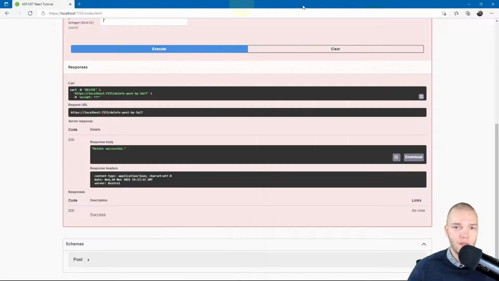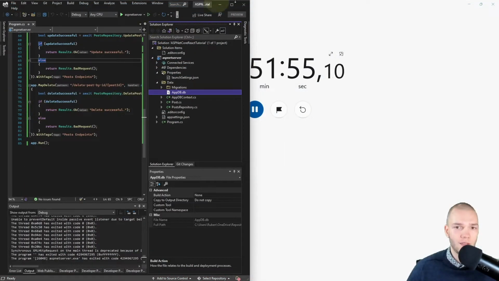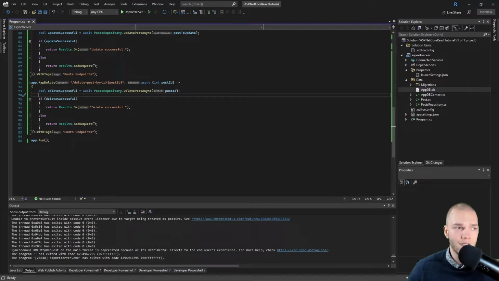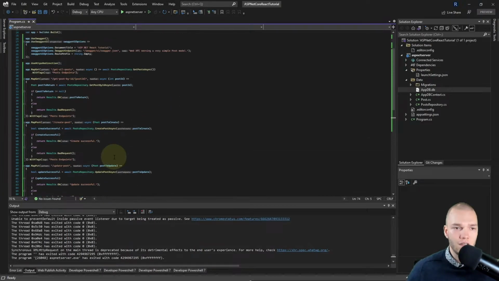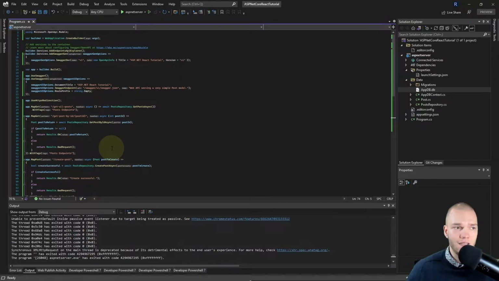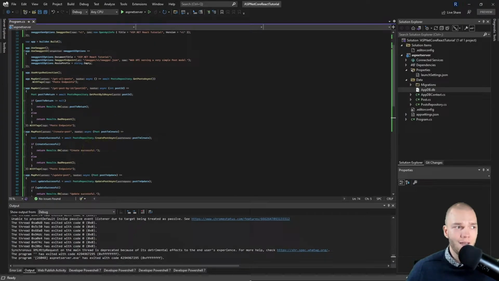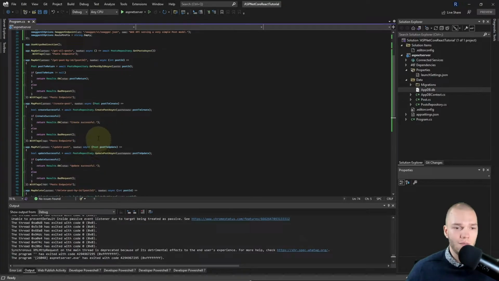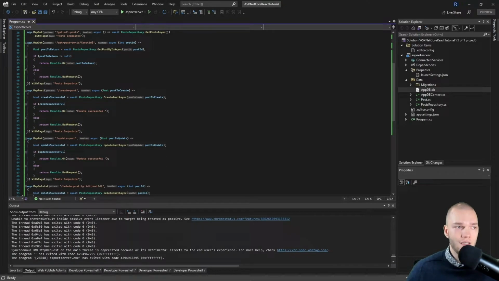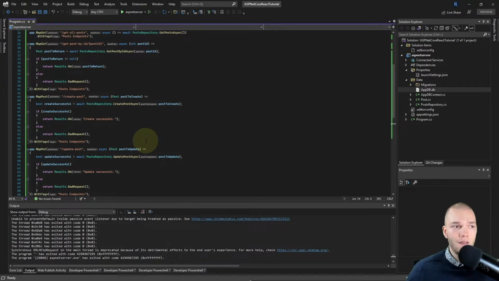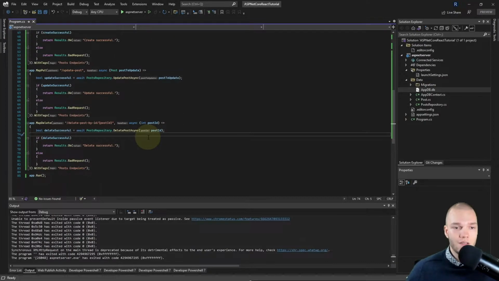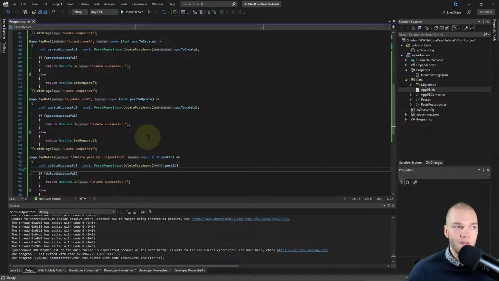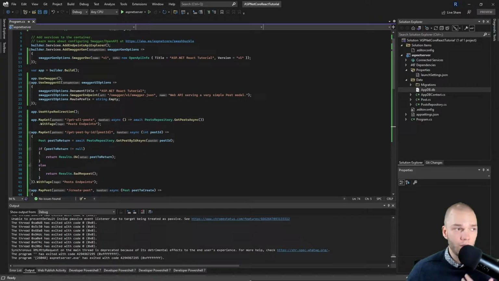So I'll just close my browser and the DB Explorer, and back in the Program class, I just wanted to say that, if I zoom out a bit, this isn't the cleanest way to implement an API, but with the new minimal APIs in .NET 6, you can do it this way. And I'm trying to keep this app very simple, so I'll just leave everything in the Program.cs file. Right, so our backend work is done for this tutorial.